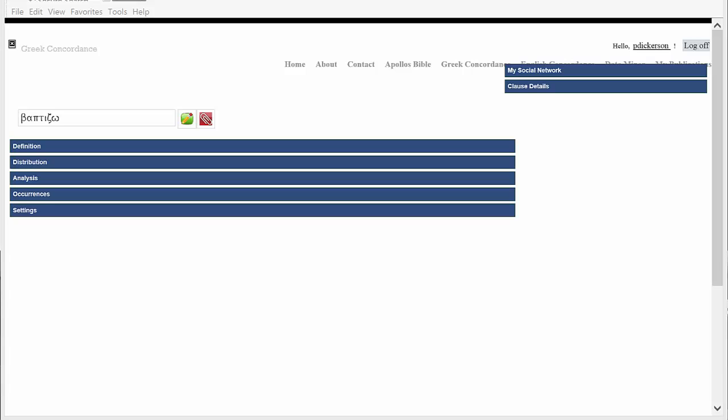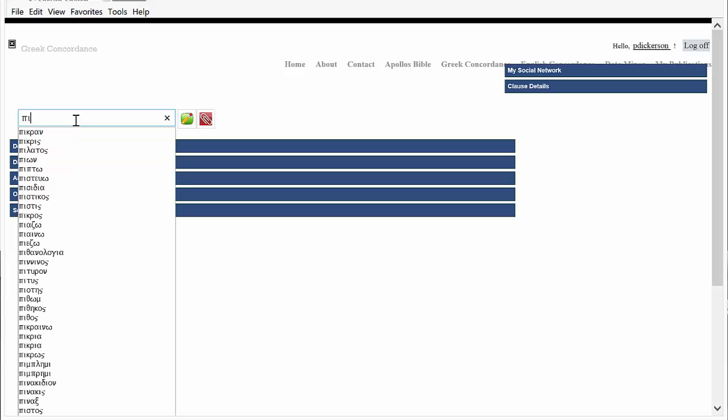In this demonstration, you'll learn to use our Greek Concordance. Like all of our forms, this one has a large accordion and a small accordion off to the right. There's also a text box, and if you know Greek, then you can just enter a word into the text box. Type in a minimum of 2 letters,